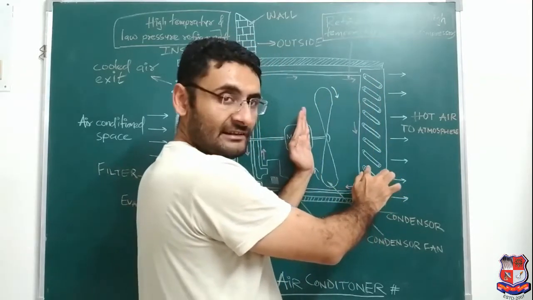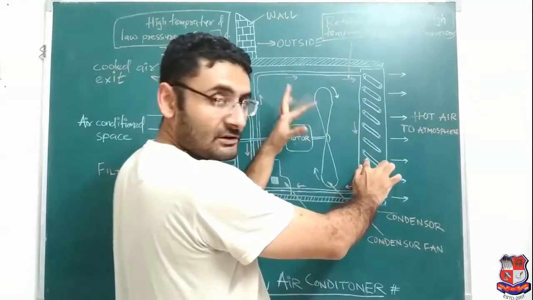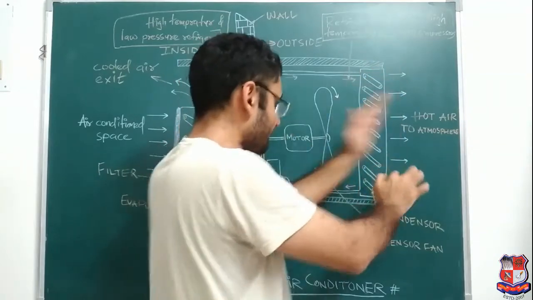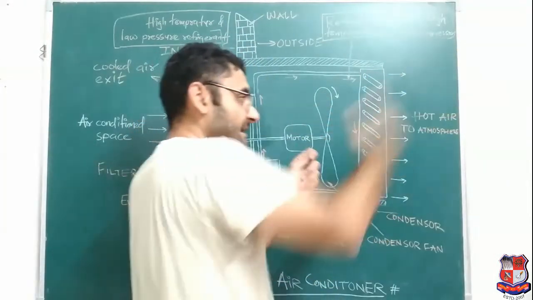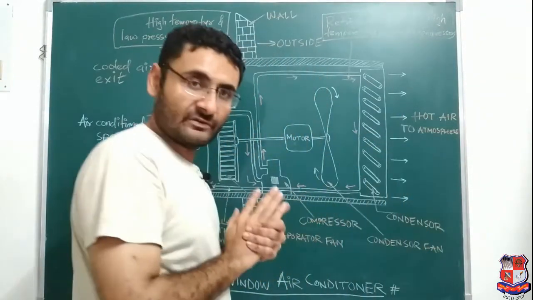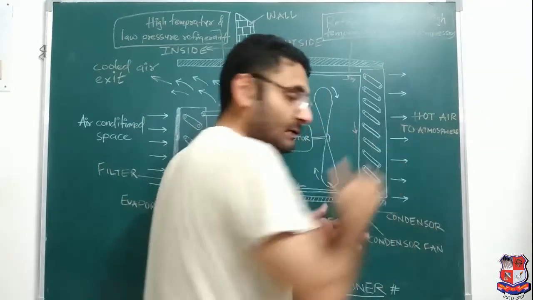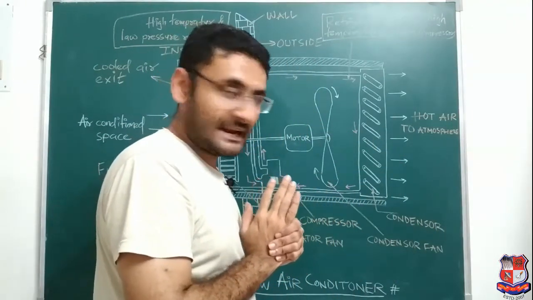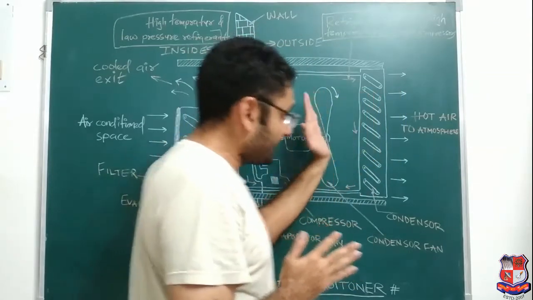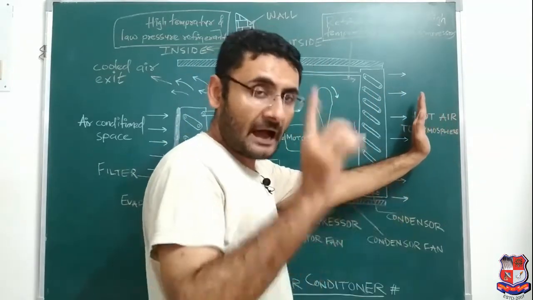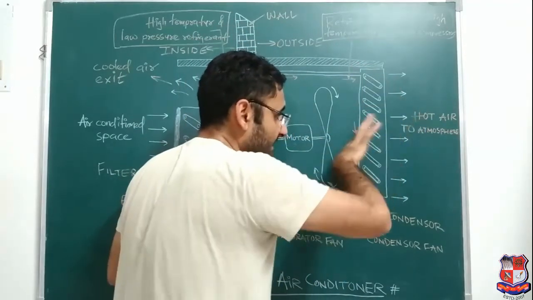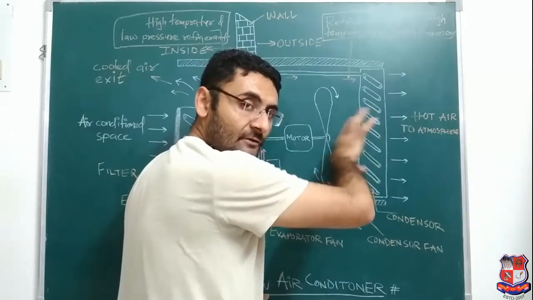Over here the condenser fan is also located. So when the condenser fan rotates, whatever hot refrigerant is present, from that hot refrigerant, due to the rotation of the fan, heat is rejected. So that hot air is rejected into the atmosphere. Now at the back side of the window AC, if you stand, you will get some hotness. Why will you get some hotness? Because the condenser is present and the condenser is rejecting the heat from the high temperature vapor form of refrigerant. Now over here the condenser has rejected the heat from the high temperature liquid refrigerant.